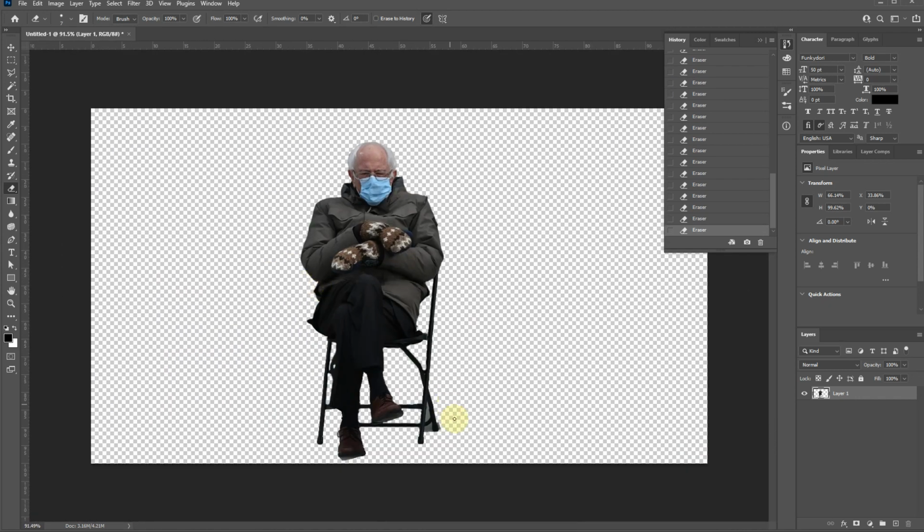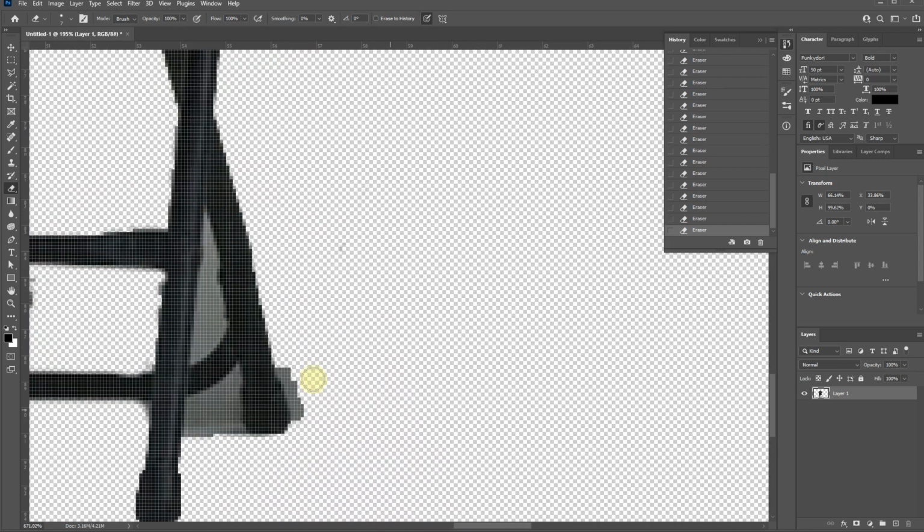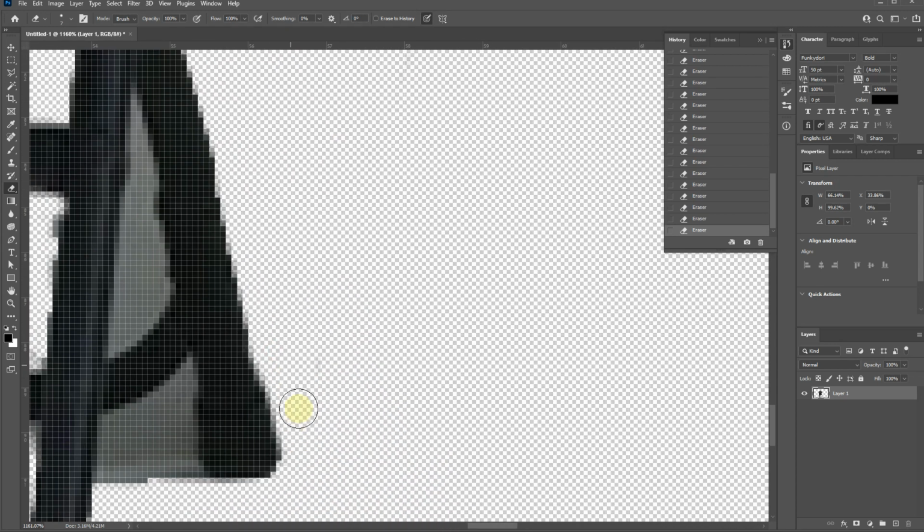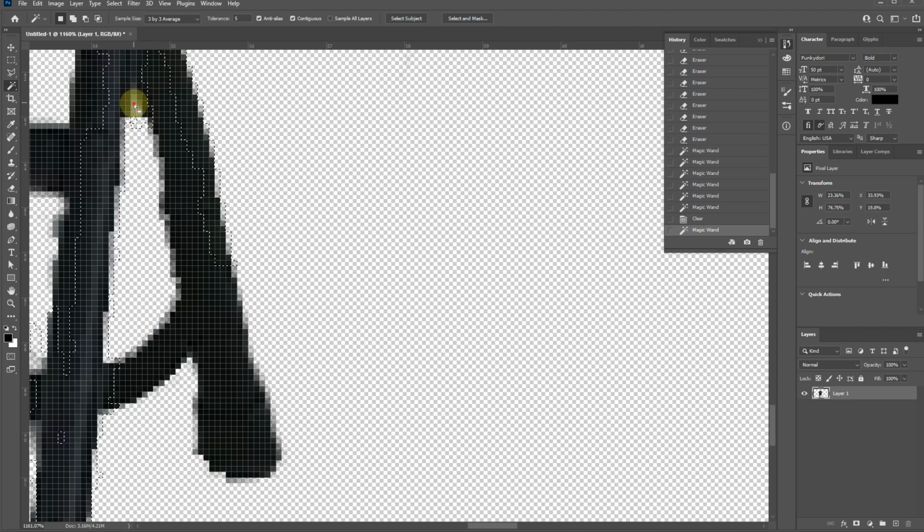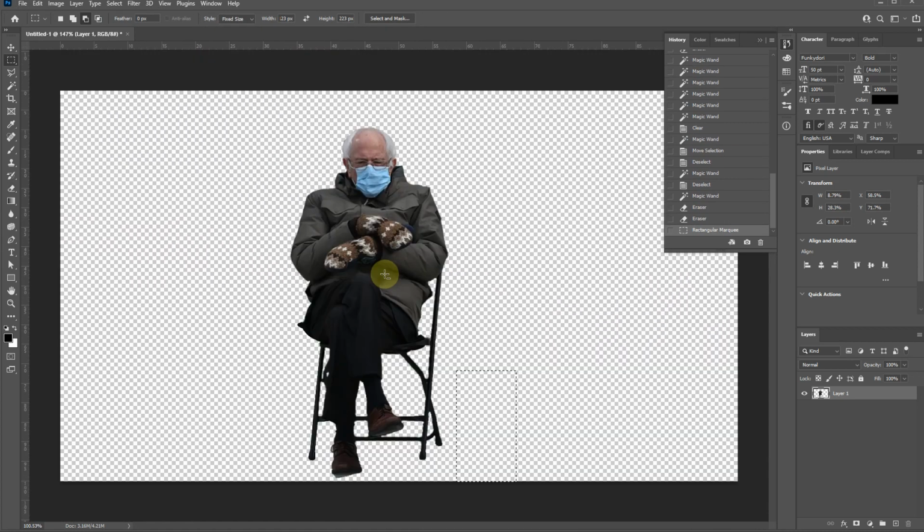And that almost done there. I got that, and then I'll just see if I can do another magic wand through this spot right here just to clean that up. Nope, we'll just do an eraser. Okay. All right, so